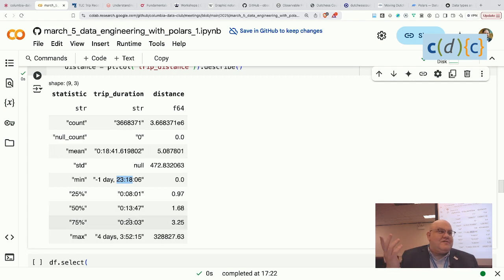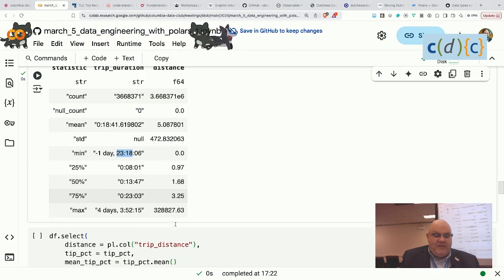Well, who knows? This data has raw, weird data. You'll see this data has many bizarre things. Among them, a taxi ride that lasted 4 days and drove 328,000 kilometers. That's probably going around the world a couple times. Who knows how this stuff is measured, but that explains the enormous standard deviation. The mean, thank you. So maybe 75% are 3 or lower, so maybe it's miles, not kilometers. Anyway,